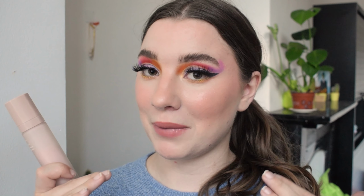And I don't really like silicones, but I do find that this is very smooth on the skin because of the silicones, obviously. But it's also quite hydrating, so on days where I'm wearing a slightly more glam makeup, like I am right now, I actually put this on to kind of create a barrier between my skincare and my skin and the makeup that I'm wearing, and I've been really enjoying this. It has a faint scent that I really didn't like at first, so you want to keep that in mind,